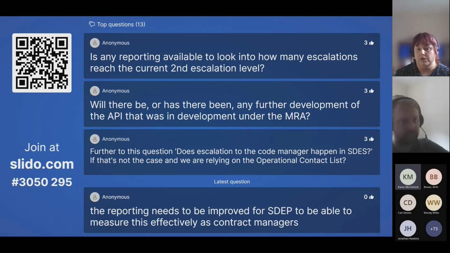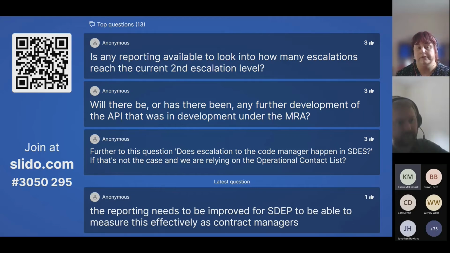But they're going to monitor the volumes that go live to see if they're seeing the volumes they're expecting, and what they need to do around resource. They are prepared for go live, but they will definitely be reviewing volumes both from a resource perspective